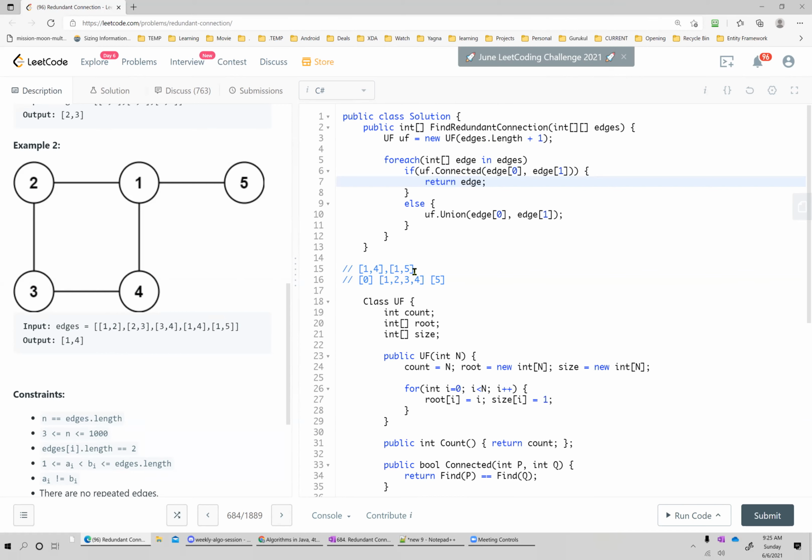Do we need to process any further, or can we return from here? Or should we catch this in an answer and then process till the end? What do you think? Any thoughts? You still have to process 1 and 5, right? Okay. We have 2 answers, so let's discuss both: why we have to process and why we don't have to process.